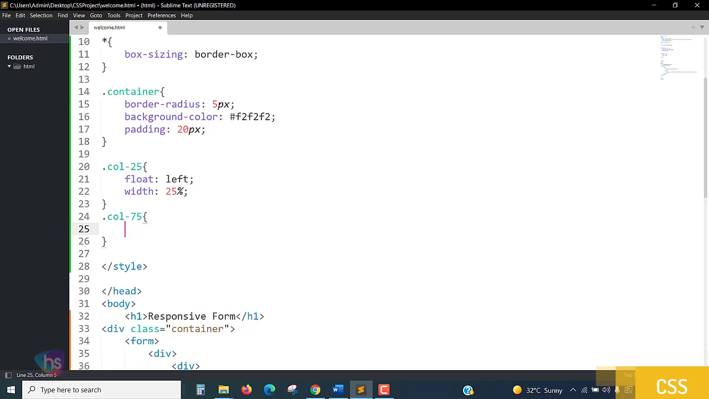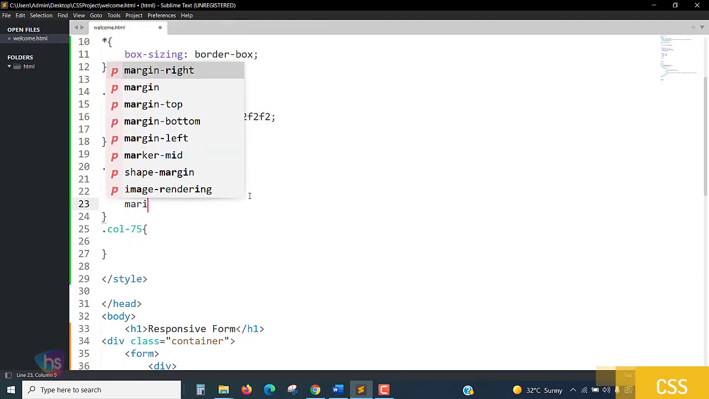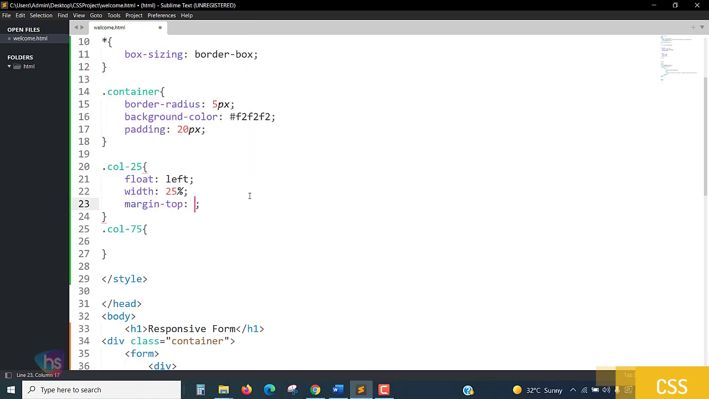All right, so here in 25 we have to add one more, margins also we can take. So margin top 6px I'm putting, change it as you wish if you want. So these three things are here, it's 25. So we can take these three, I'll take a copy, and for column 75, the input text box,